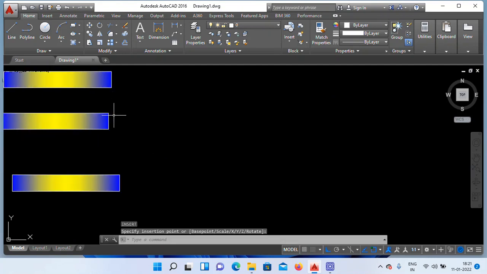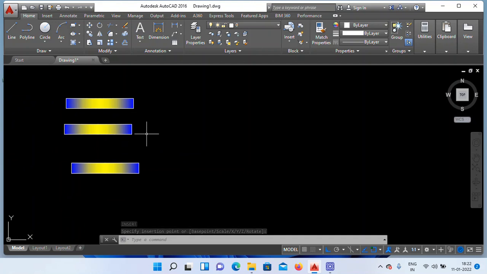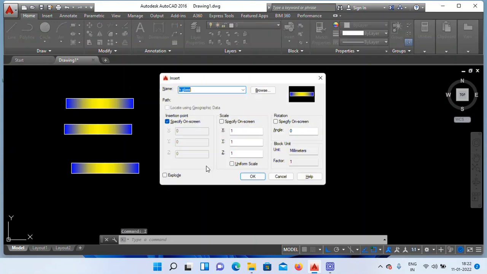Right. You can rotate its direction in the insert command. How to rotate? Where do I give the required angles? First open the insert schedule. Enter.